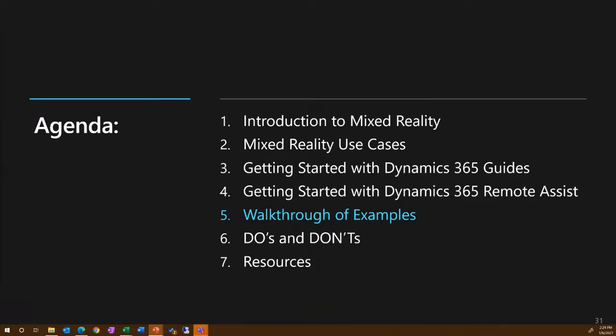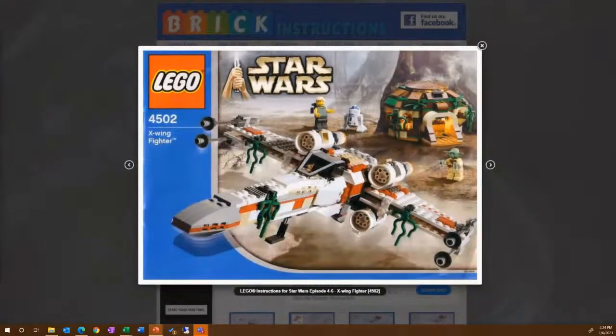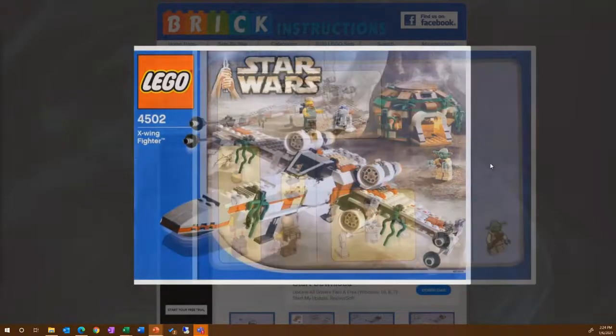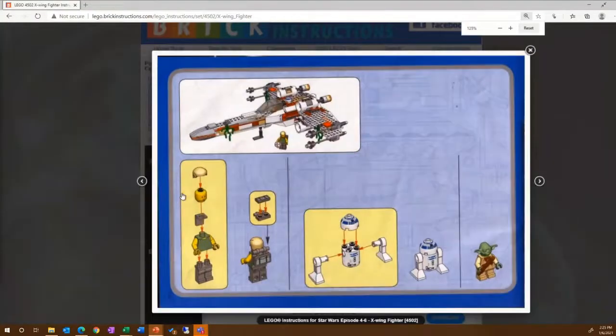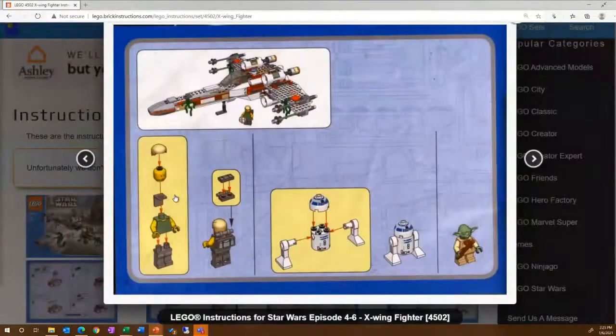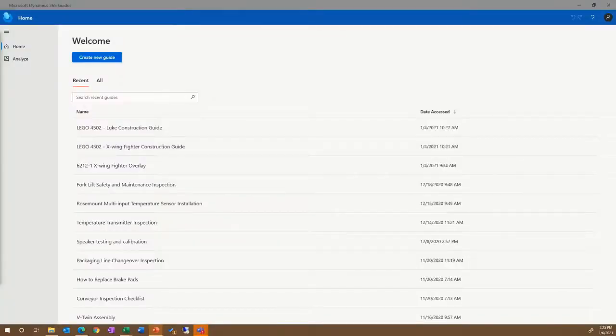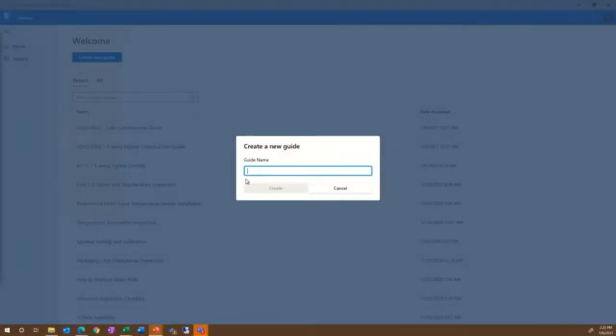Okay, great. So we created a couple of these examples that are a little bit more live, and we're going to work through a number of different scenarios. And in this case, what we're going to do is convert some highly technical work instructions that we have. So this is instructions on how to build one of the Star Wars Lego sets, and we're going to build the Han Solo. So what we're going to do is convert that paper format into a new guide,